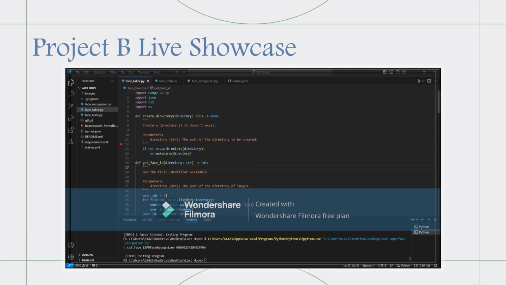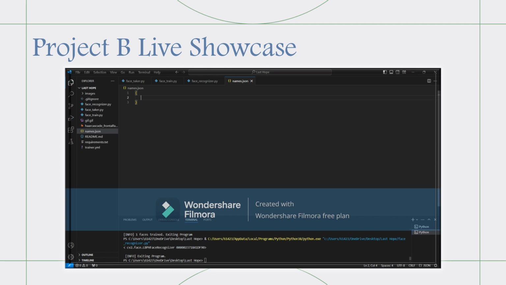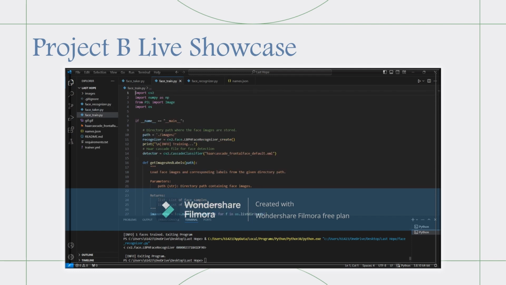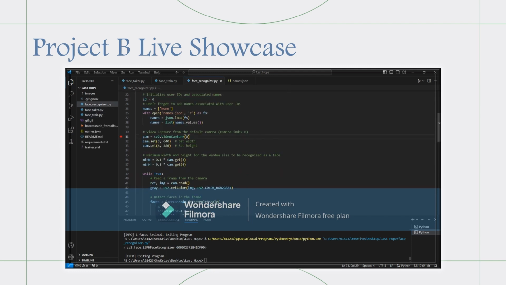There is a Project B live showcase here as well that I'm going to play right now. So I'm just going to be covering my Project B here. This one's made up of multiple sections. This is where the names inputted are listed. Here is where the pictures of the face will be taken. Here is where it gets trained, and this is where the camera will show up and it'll do